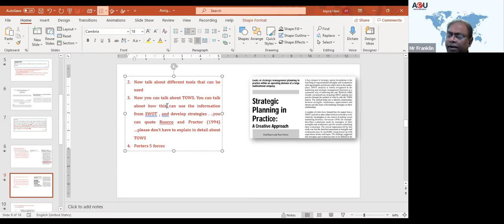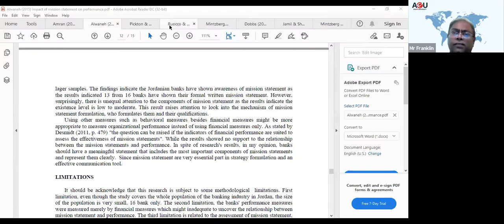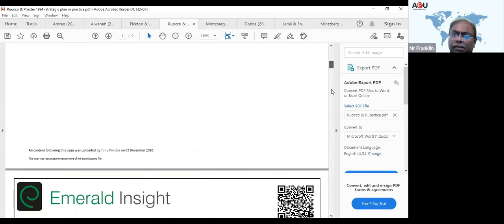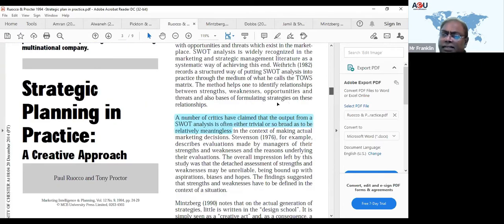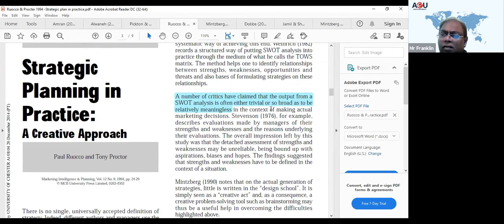Because it allows you to come up with strategies based on the TOWS matrix. Let's take Rucco, for example. There are a number of critics who claim that the output from a SWOT is often trivial or so broad as to be relatively meaningless. You can mention that earlier this fellow said it is very naive, very simplistic, and Rucco has also mentioned that the output from a SWOT analysis